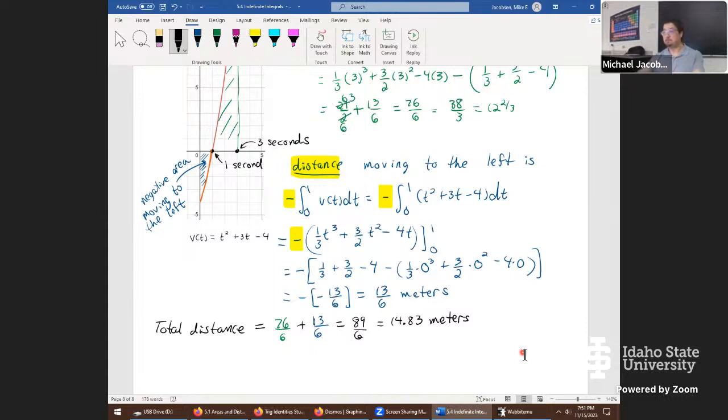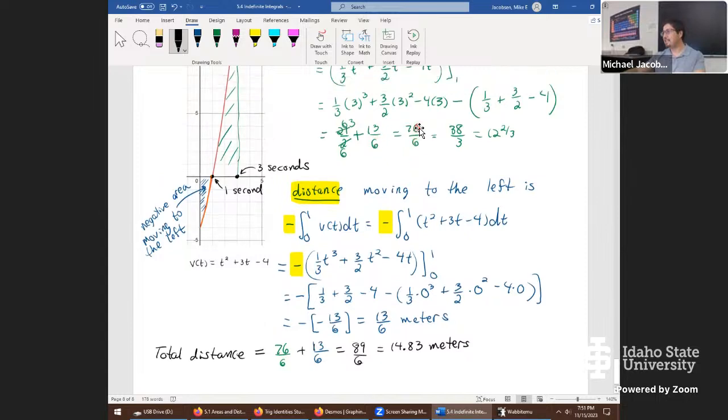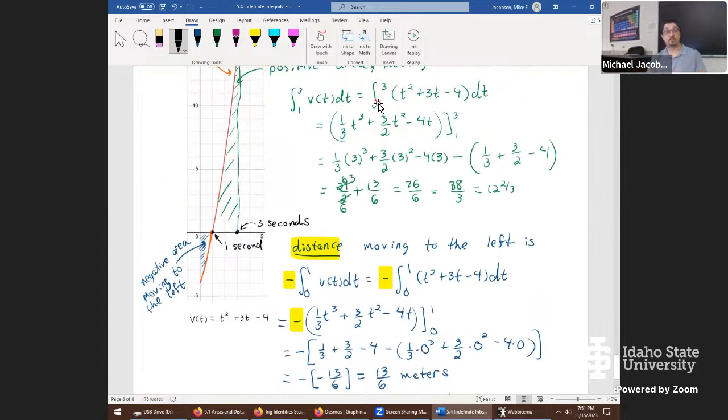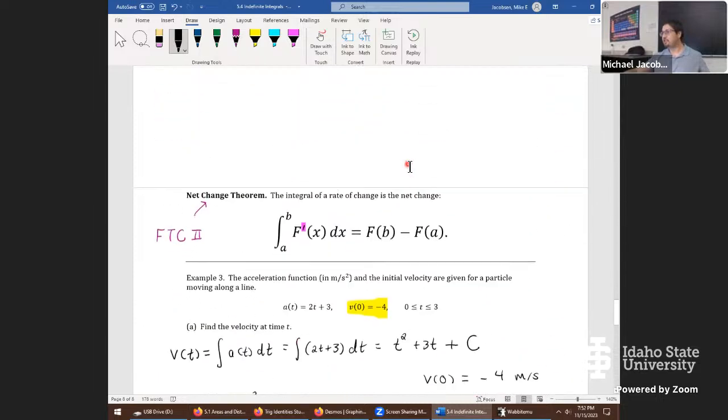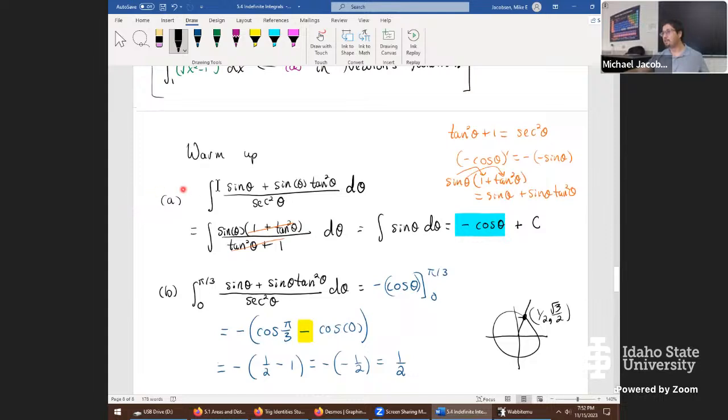Okay, kind of a long problem. It's definitely involved, but it's not terrible in the sense that the antiderivatives aren't so bad. So it's a pretty accessible problem, just with a lot of practice on doing definite integrals. So what we're going to turn to next in section 5.5 is focusing on doing problems like the part A